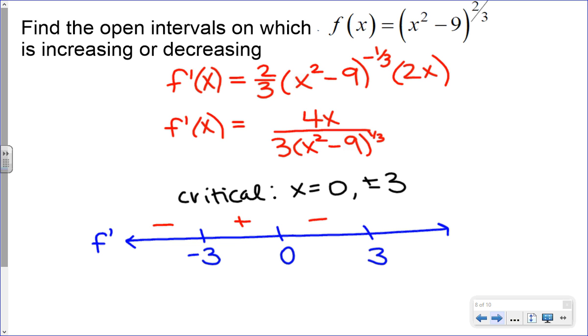Okay. And then if we go to the very right interval, we could plug in 4. That would make our numerator positive and our denominator positive because we'd have 16 minus 9. And so we'd have a positive derivative there. All right, so